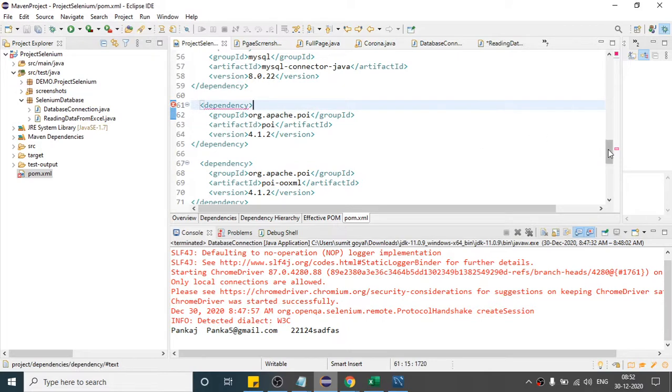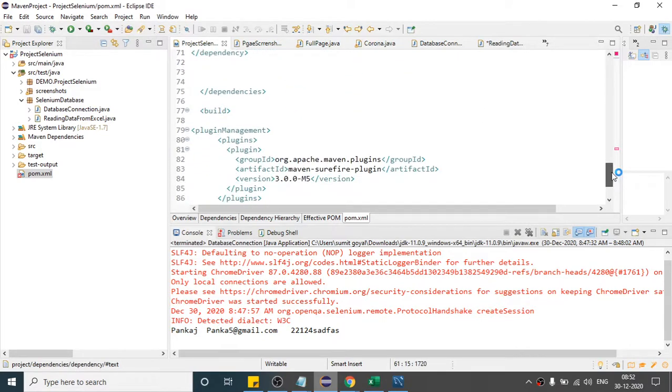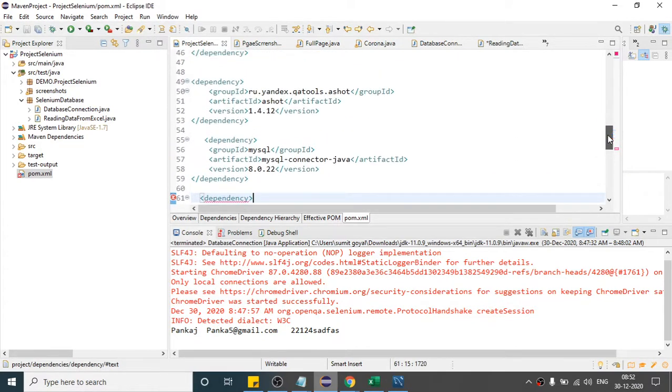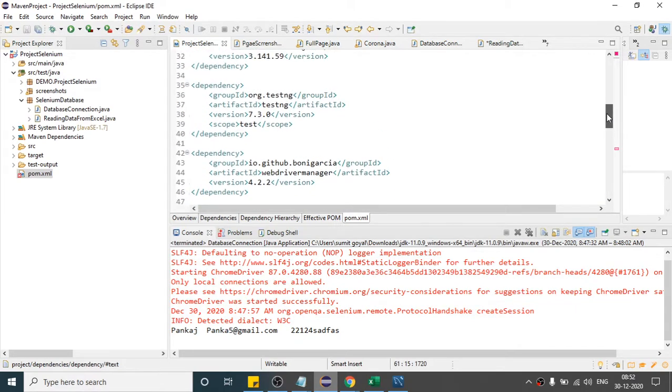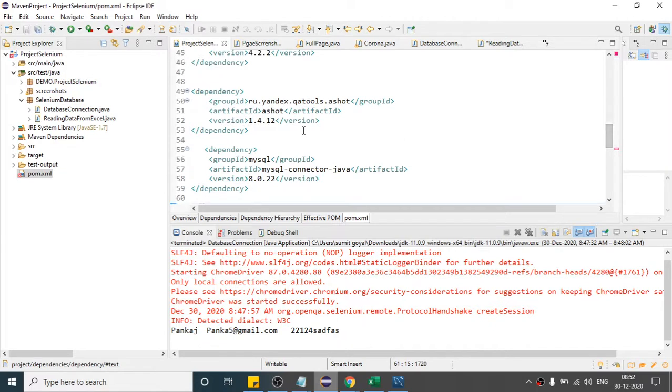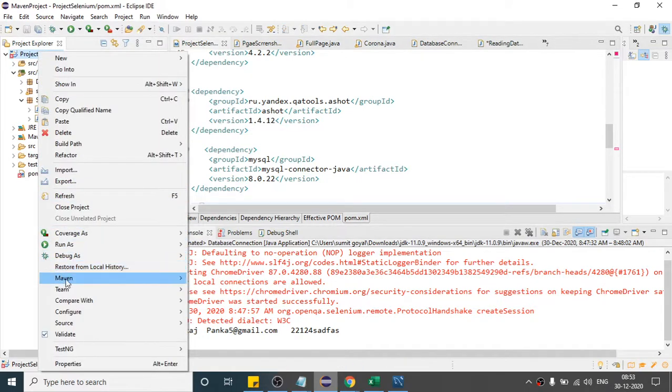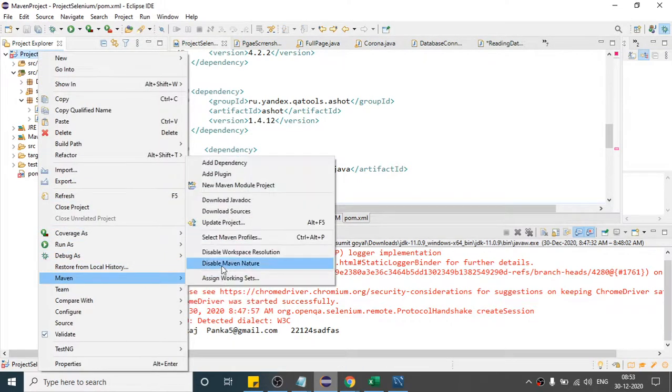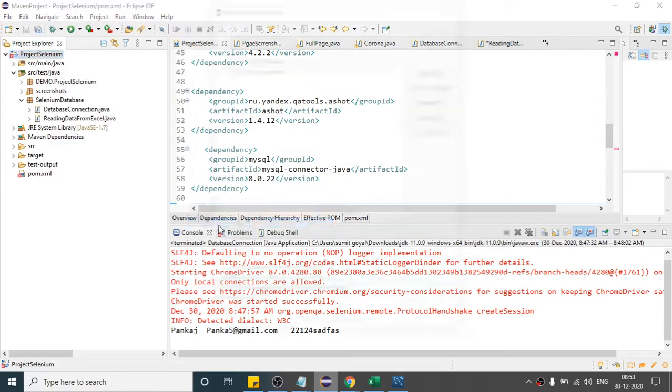Let me check first. Let me do one thing: update my project. That might be the reason. Click on Maven, click on update project, and after that click OK. It will update your project and the error should not be present now.